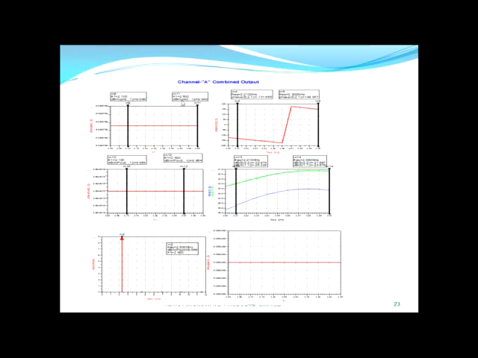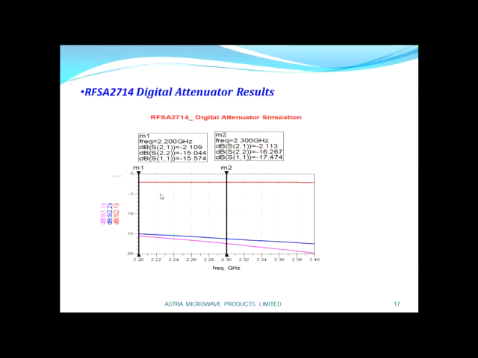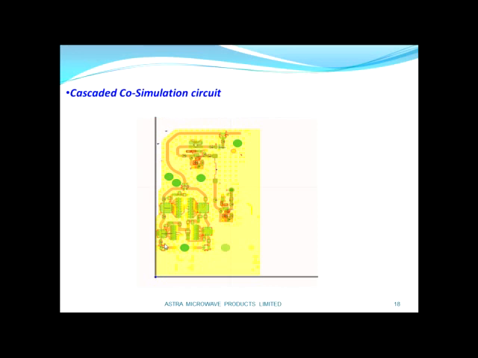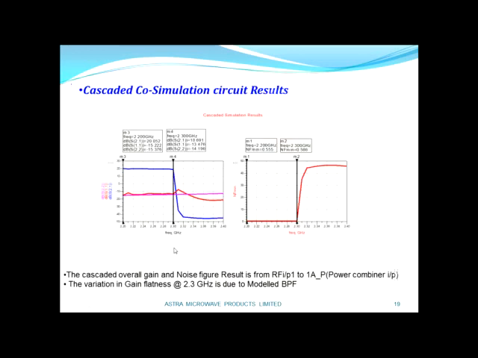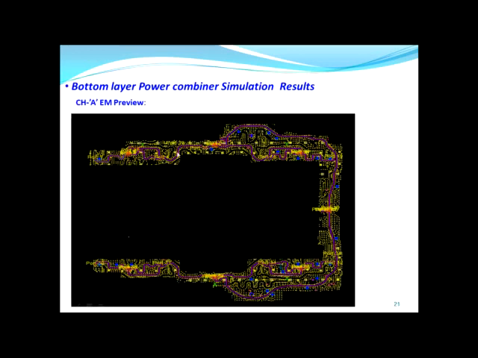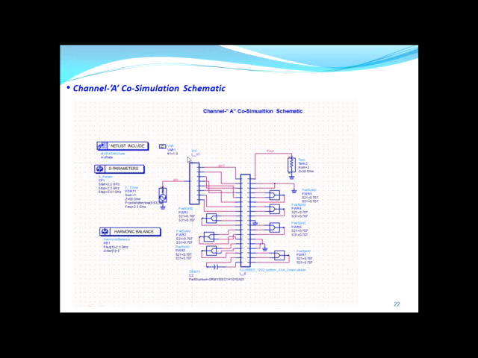When I performed this, I saw the channel A output as 8.8 dBm. So 8.8 dBm is the output power that has come. Actually we are expecting 10.8, because in the top layer also one more power divider is there. Here is one more power divider, which I extruded, because for the time being I am doing only the bottom layer. So 8.8 is okay, because top to bottom, when I carried it out, I got 2.2 dBm, so that is sufficient.